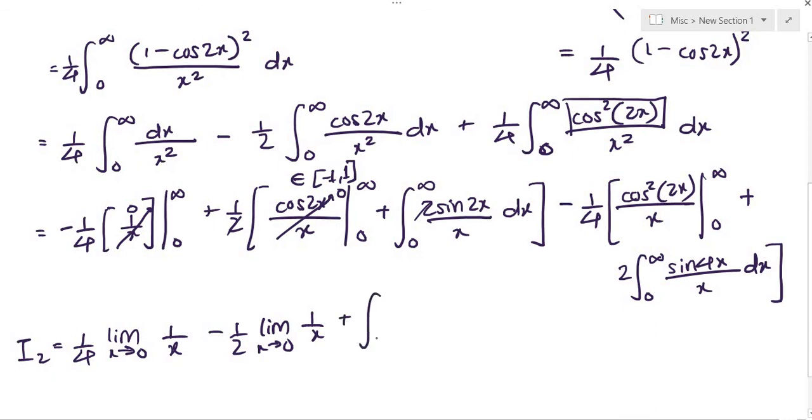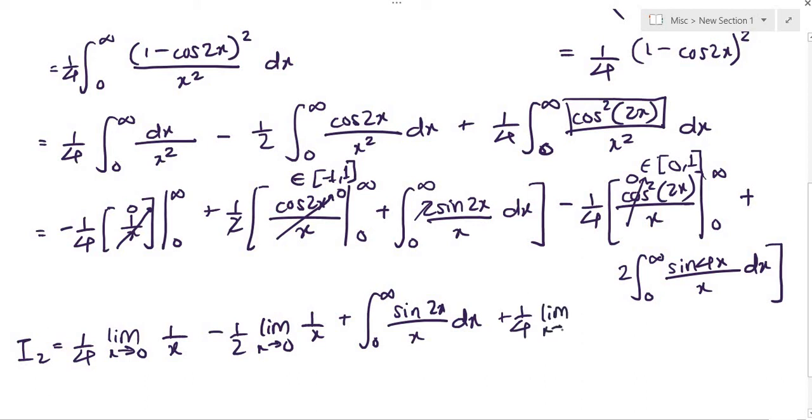So we just have an integral from 0 to infinity of sine of 2x divided by x dx. And when x tends to infinity, cosine squared of 2x will be bounded between 1 and 0 because it can't be negative. We don't care about the numerator. So as x tends to infinity, because of the denominator x, this will become 0, and we'll have 1 over 4